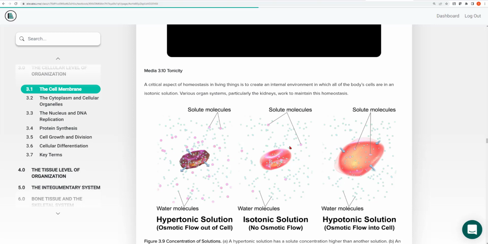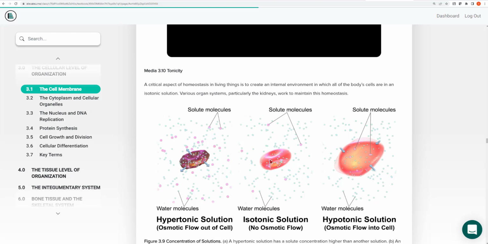So here is a red blood cell. You didn't have to know that, but this is a red blood cell. This is the very common cell found in your blood. This is the normal size of a red blood cell. And we see that all of these green little spheres in this picture represent water molecules. And the larger purple molecules are just solutes. Maybe it's protein, something like protein.